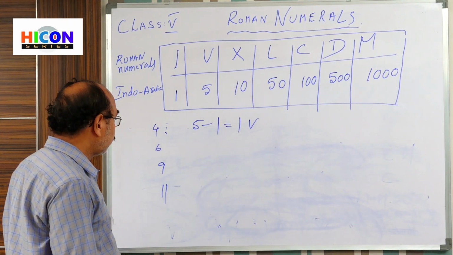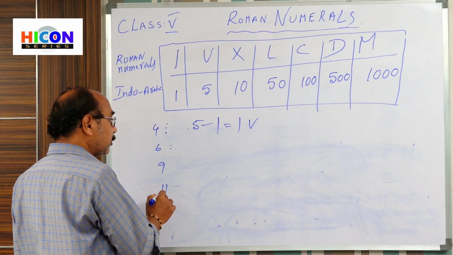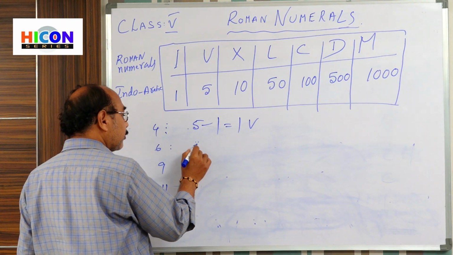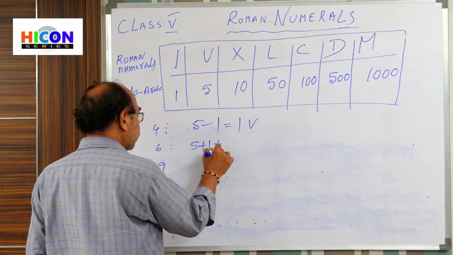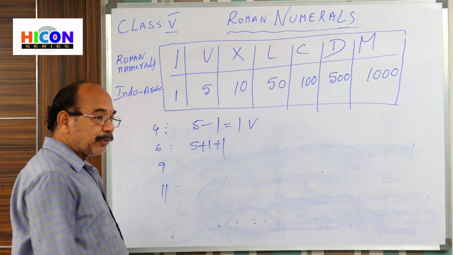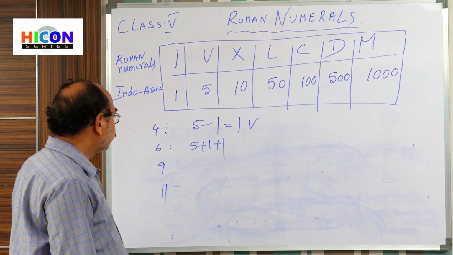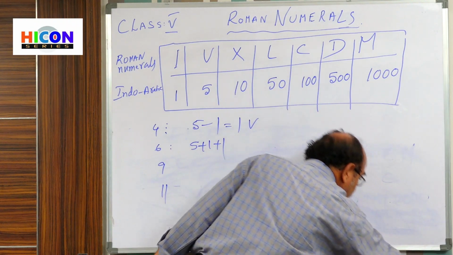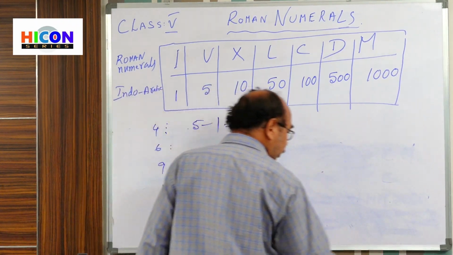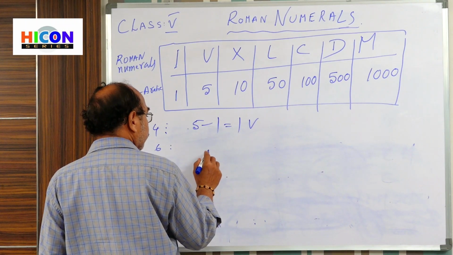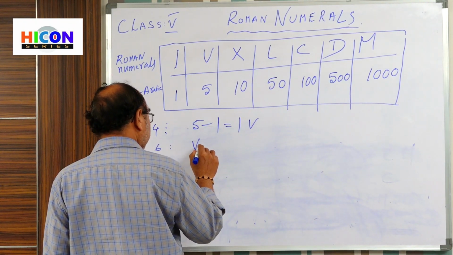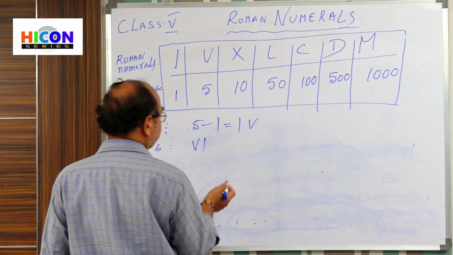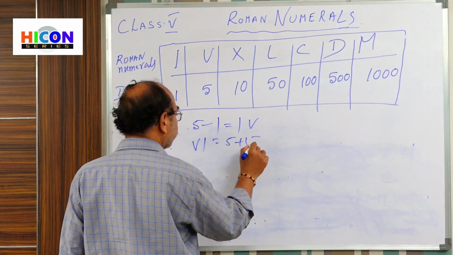5 minus 1 is 4. Now 6, you see. 6 means here 5 plus 1. According to this rule, what do we write here? Subtraction. Basing on subtraction now, we write. That means here 5, and this is 6. The right side can be added. If we write on the left side it means subtraction; on the right, addition. 5 plus 1 here is 6.